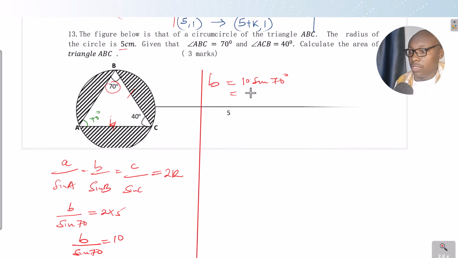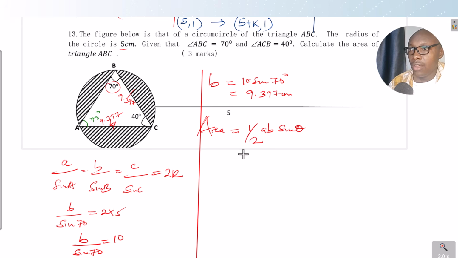This one gives 9.397 centimeters. So that means even the other side, so this side is 9.397 and also this side 9.397. So with that, now to get the area of triangle ABC, I can use this formula, a half AB